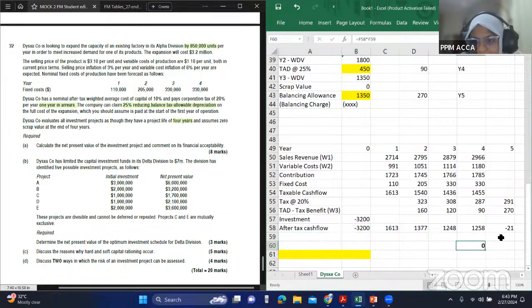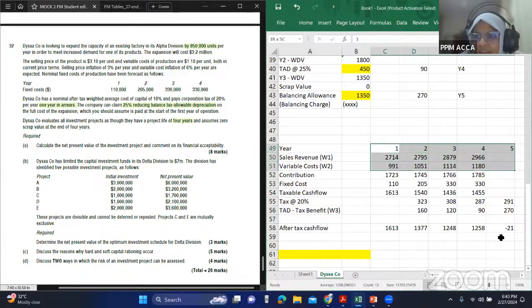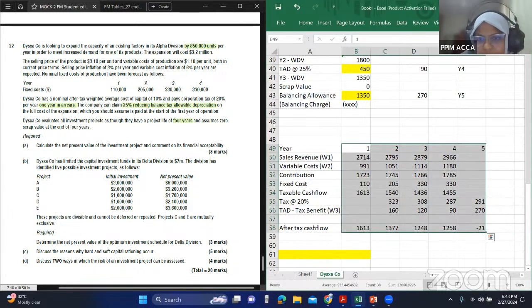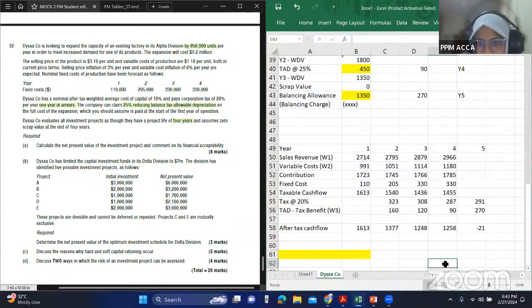But then again, if you're going to use the spreadsheet, you can't have the investment as part of the structure itself. Year not, you can't in fact include it at all. So you have to do the calculation year 1 to 5 and then you have to do year not separately. So this is how it will look like.